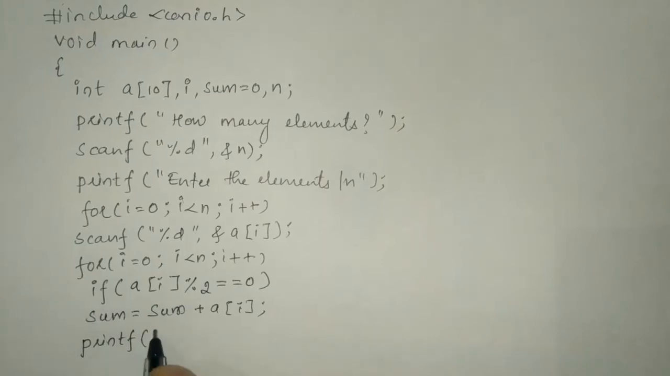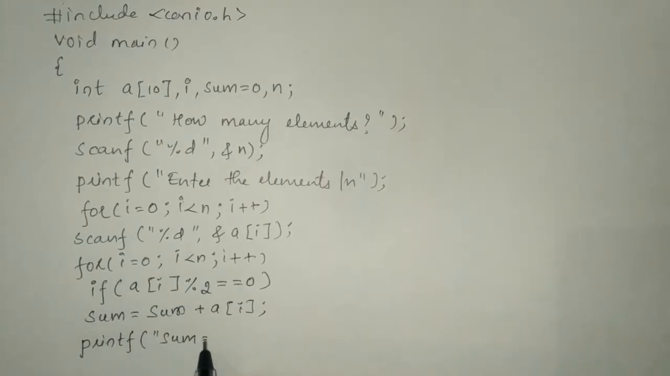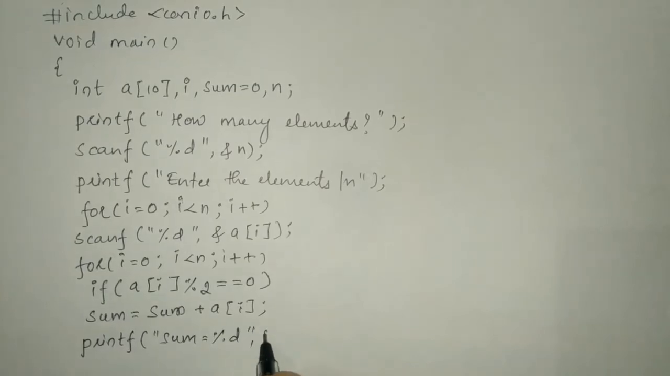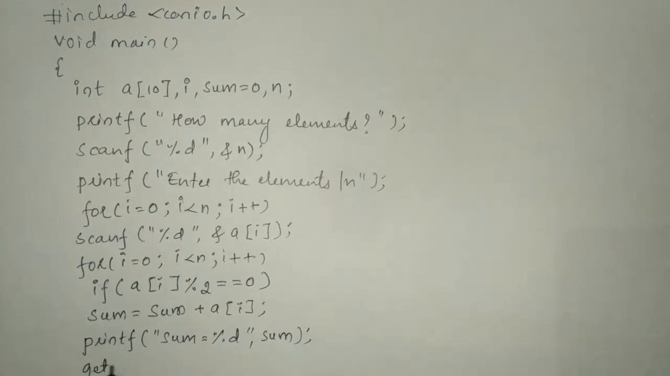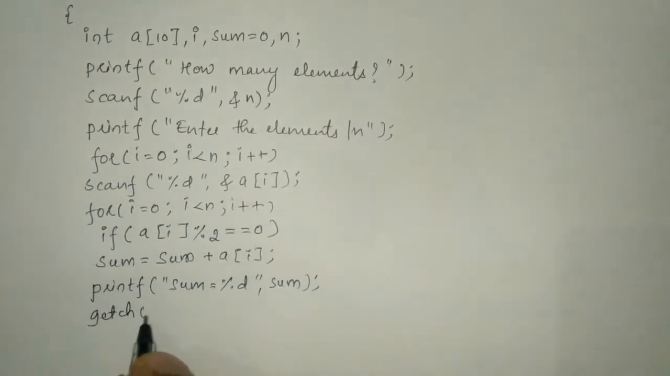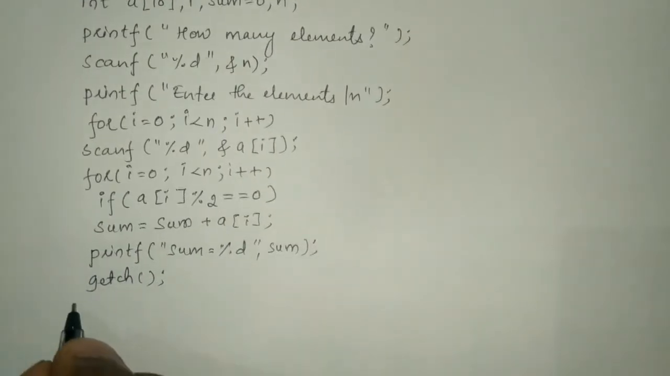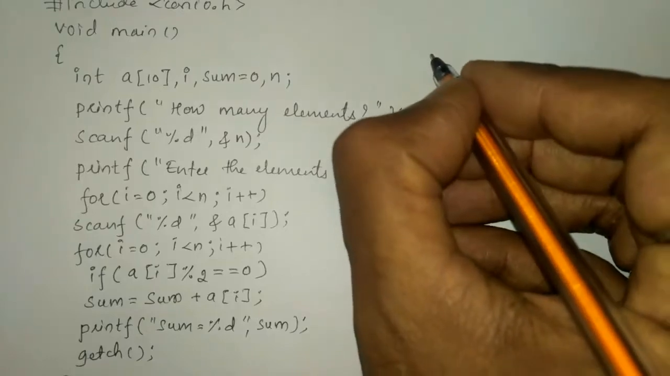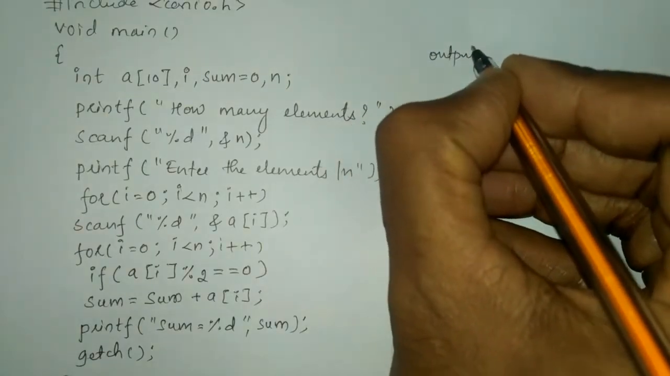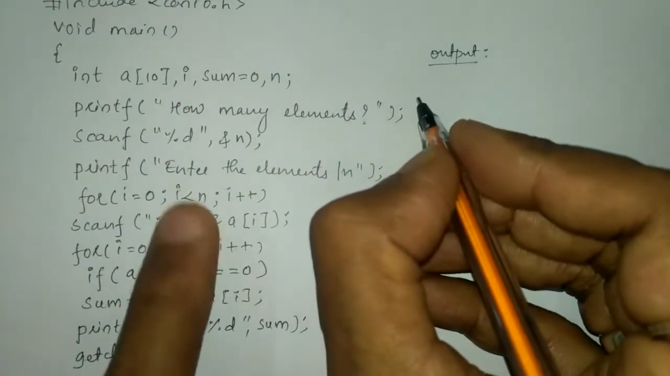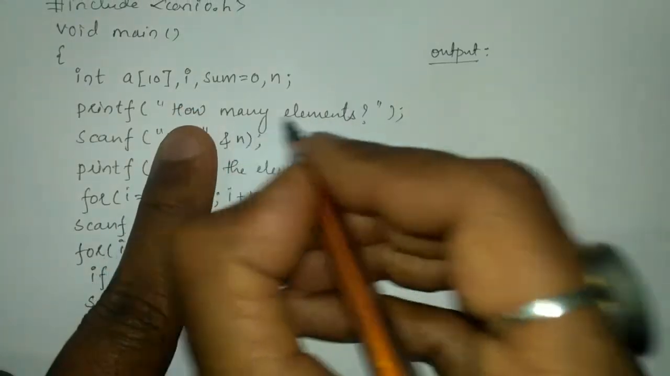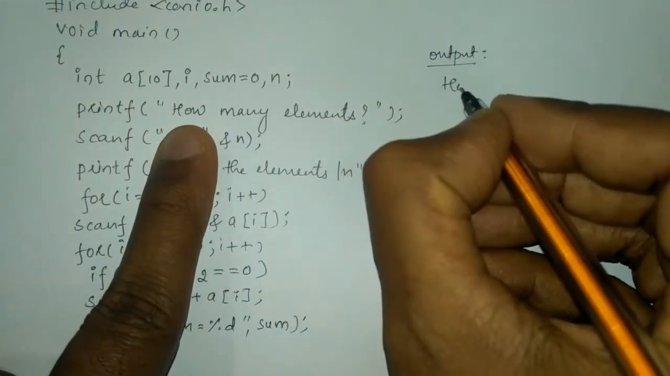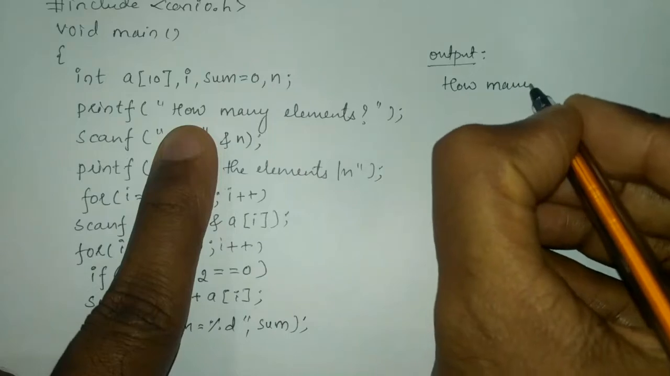So here I am going to write sum is equal to %d, and the double quotation mark, write sum, and here we'll write getch function and put curly closing brace. Now let us write the output. Here when we compile and run this program, it will ask the user to enter how many